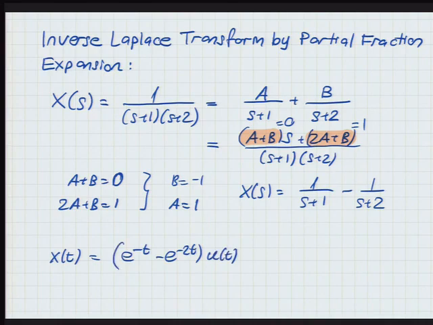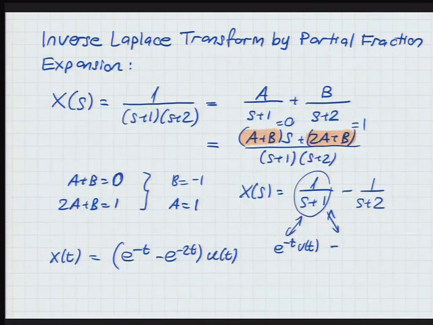The answer is yes, maybe. Okay? That is a valid answer, but that all depends on what the region of convergence is, right? Because we saw that two things can give rise to this, for example. One of them was indeed e to the negative t u of t. That was example 1. But example 2 told us that there is yet another suspect who can give us this Laplace transform, and that is negative e to the negative t u of negative t, right? So the answer to the inverse Laplace transform is not unique unless I tell you what the region of convergence